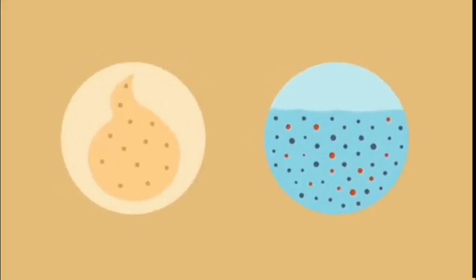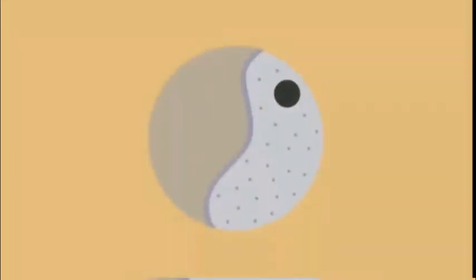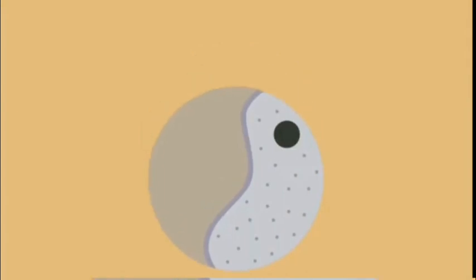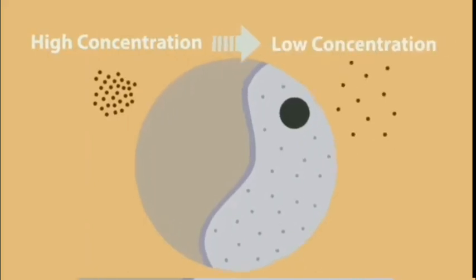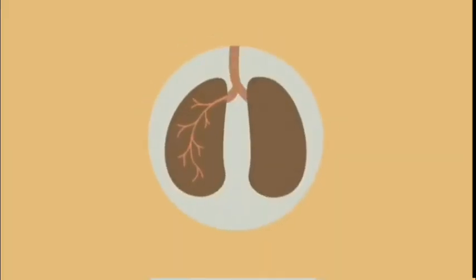There must be a concentration gradient by which they can move from high concentration to lower concentration. In diffusion, there should be a gas or the particle should be a dissolved substance. The particles move from high concentration to lower concentration till they are evenly distributed. Here we take some examples.